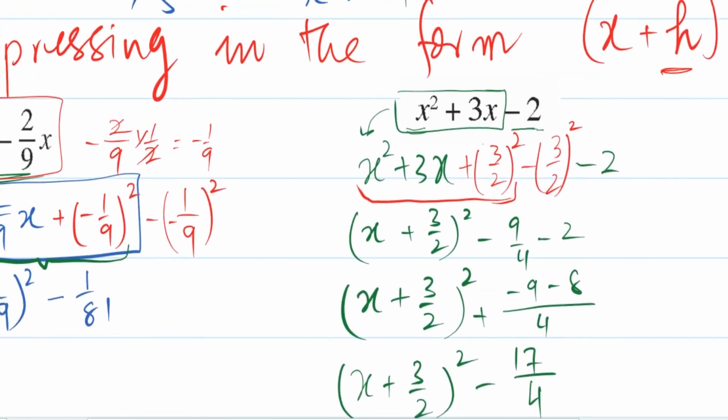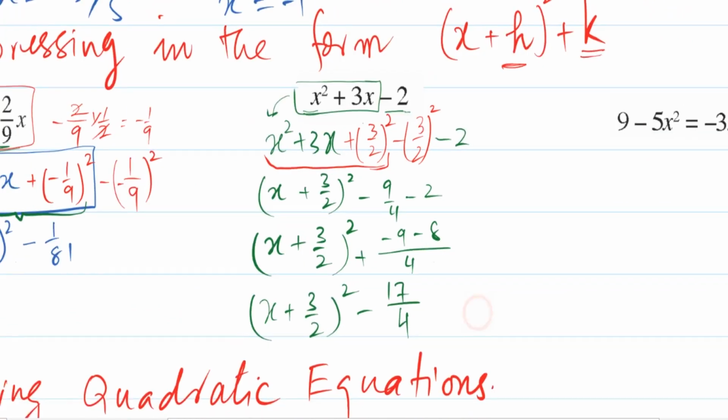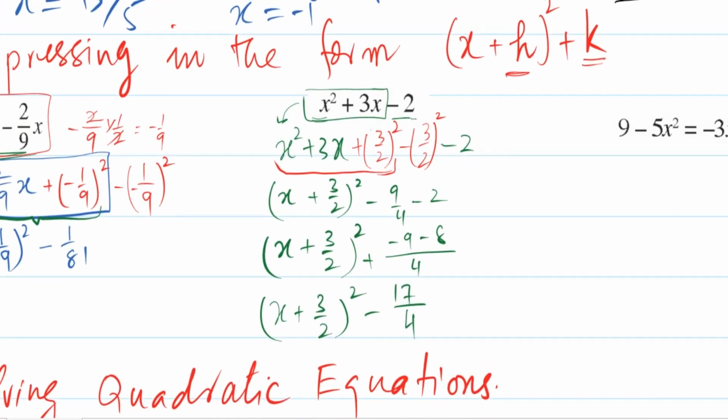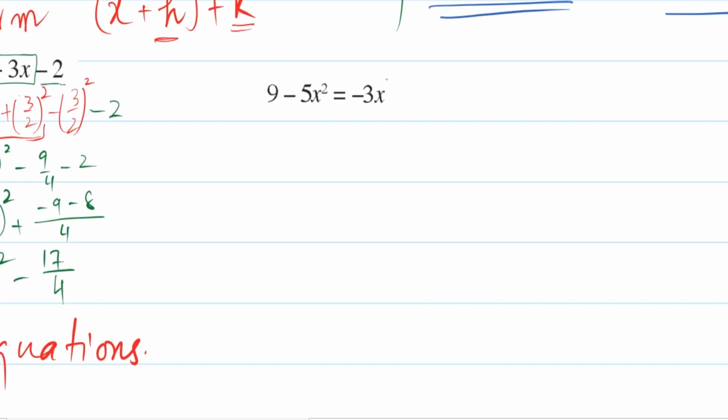Mostly you will be facing these 2 cases. The second one, you will be given 3 terms with x square as the first term, and you will be asked to express the expression in this format. Now, in some cases, there can be some coefficient with x square. In all the cases, first we rearrange the equation, or if needed, we simplify first and then rearrange in the standard form, which is ax square plus bx plus c.